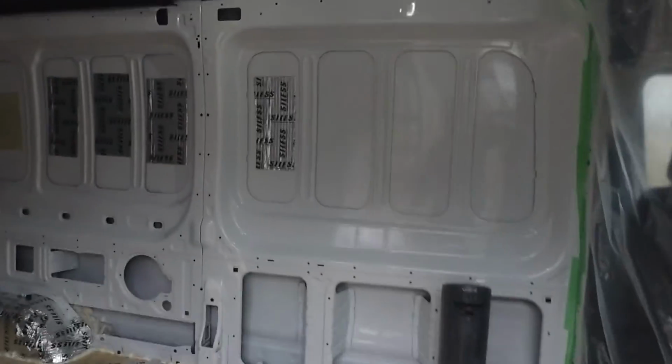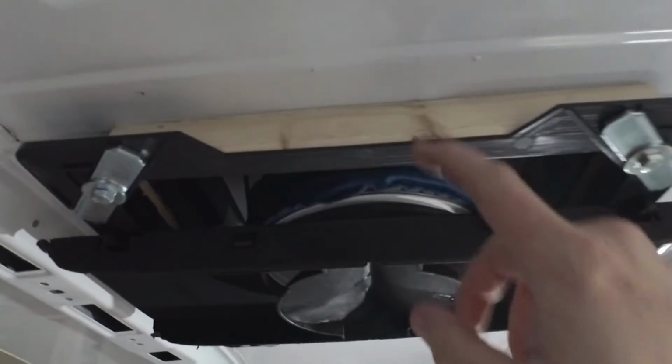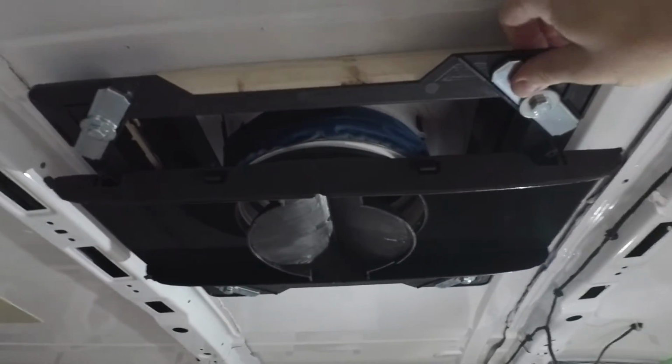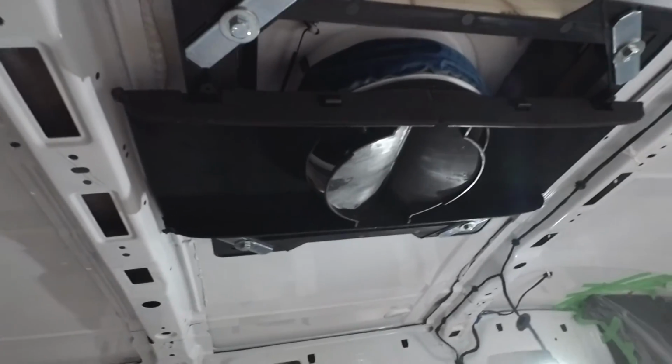Then on the inside, we just use some 1.5 inch spacer boards for now to clamp this in place. So basically it's just a glue down installation for now, and we'll leave this in place. We can drive with the vehicle like this, and then when we get ready to do the finished ceiling, we'll remove this